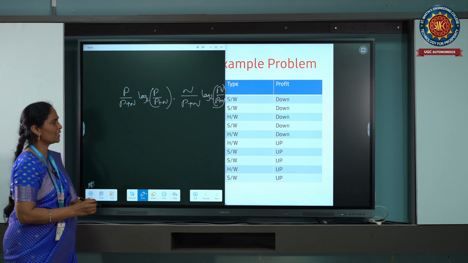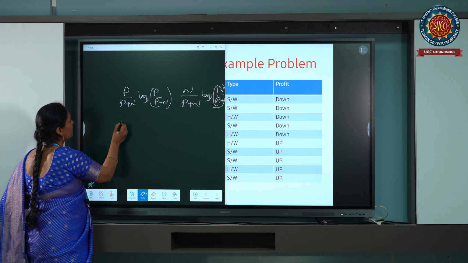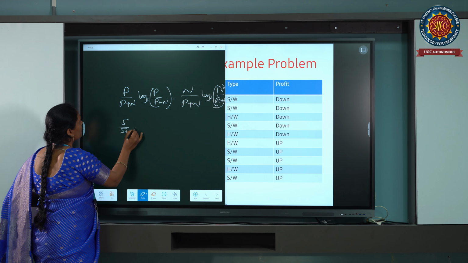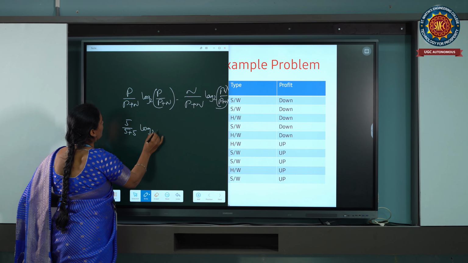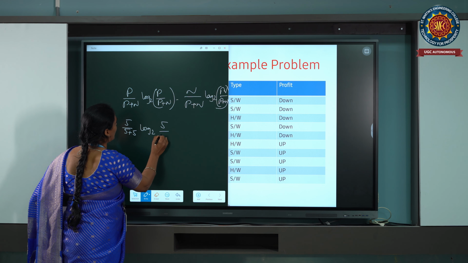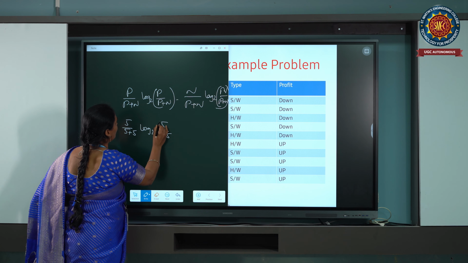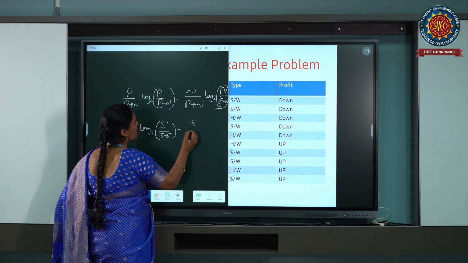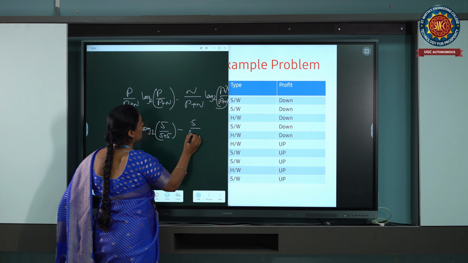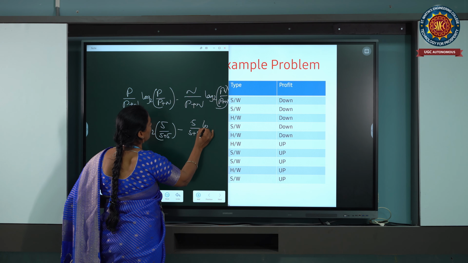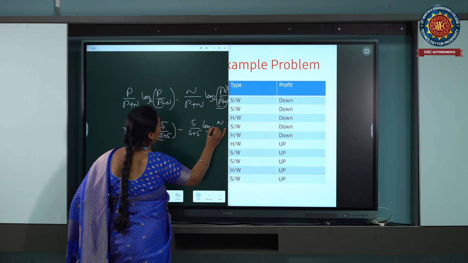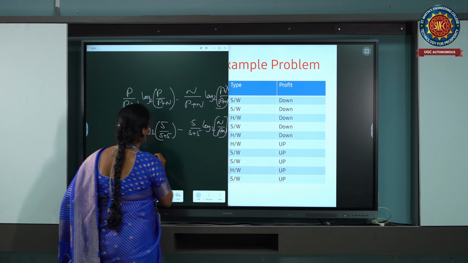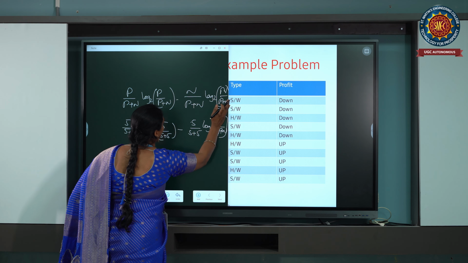So this is the actual notation we are having in this. So by that one, if we calculate that, 5 by 5 plus 5 log 2 and 5 by 5 plus 5 minus, here n count is also 5, and 5 by 5 plus 5 log 2 n by p plus n. So with this one, if we calculate that,